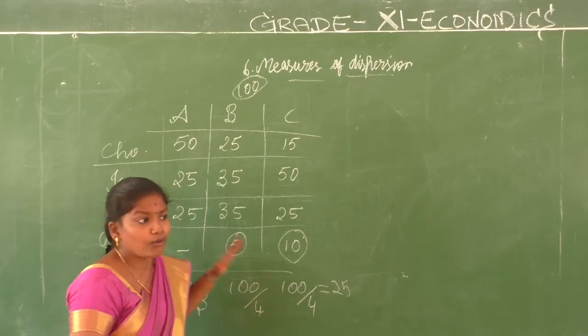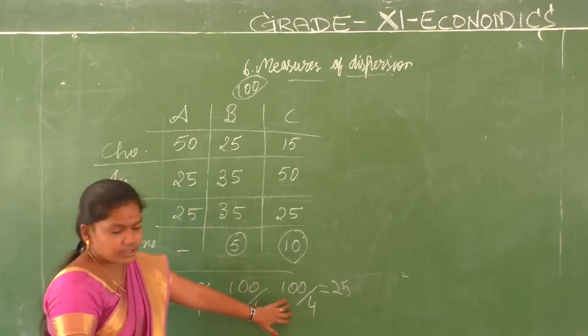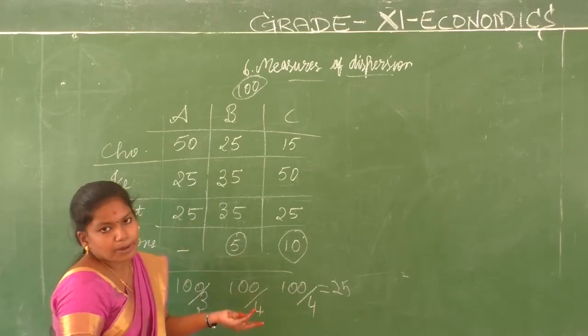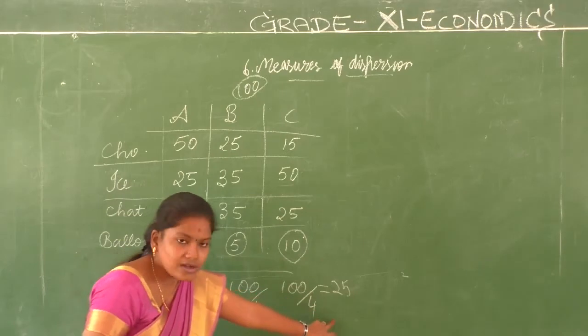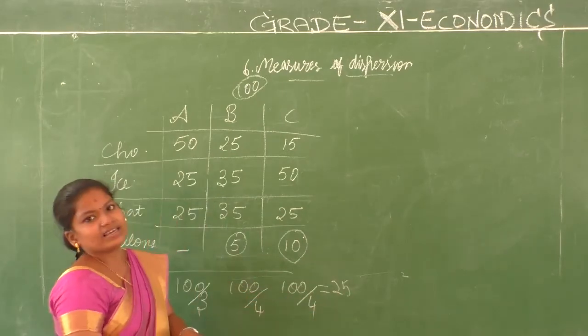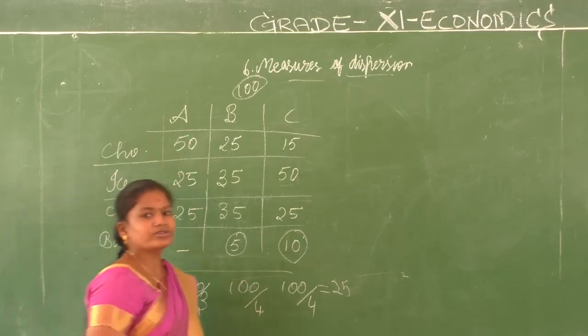they have spent. They have spent differently for the same thing. That is not the average amount. They may have spent above it, or they may have spent below it. Right children, it differs. And finding this difference, understanding this difference is what we are going to do through measures